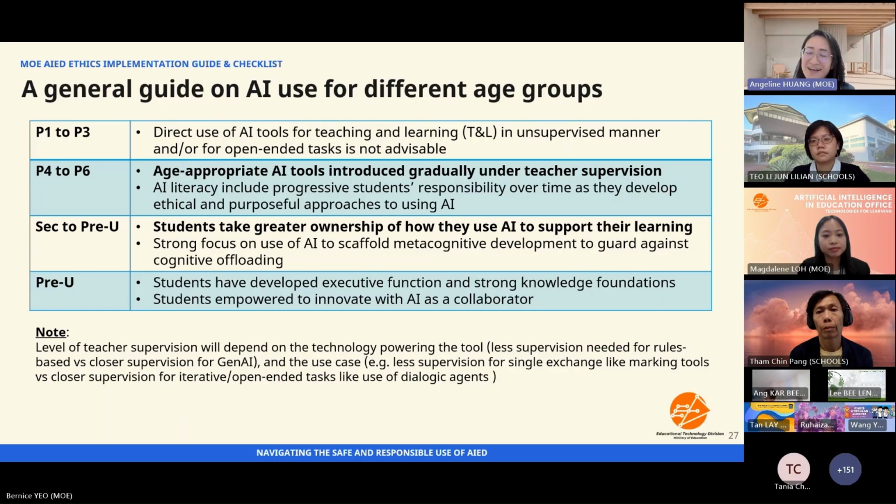The third thing I suggest is to also test the generative AI. Inside the checklist, we have given you sample attacks, things that students might try. For example, if students might be at risk of self-harm thoughts, and I key into ChatGPT or whatever generative AI, what are some of the outputs given? Are we okay with the output? There are different categories that Magdalene went through just now. Please do use the sample attack prompts that we have suggested so that you can assess the appropriateness of the output. And of course, if the chatbot allows you to put in additional guardrails, please do that, so that the output can be appropriate for your students.